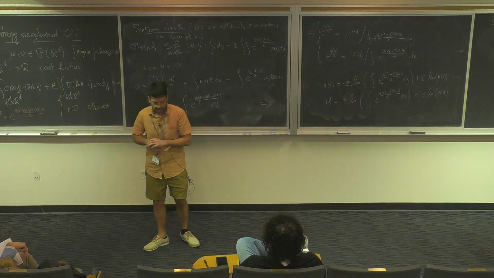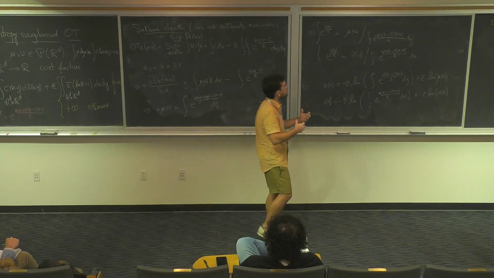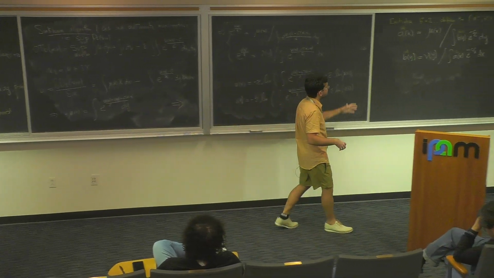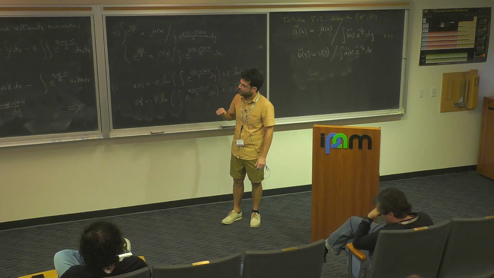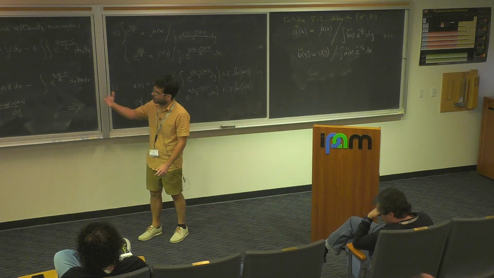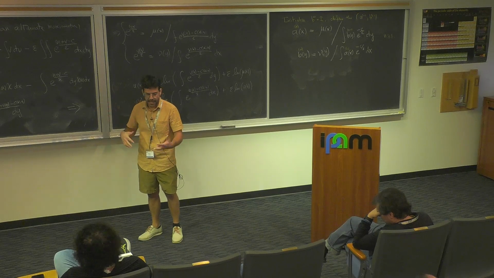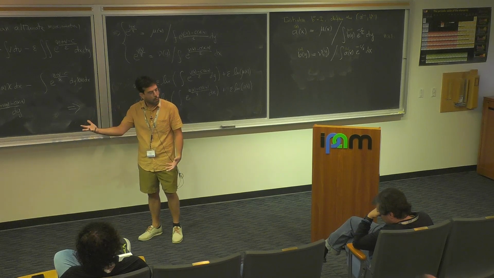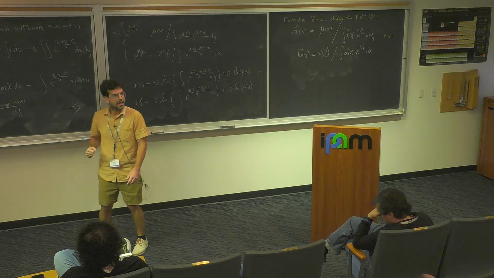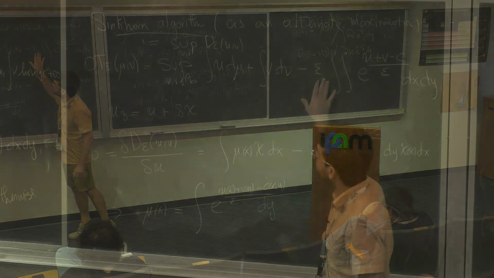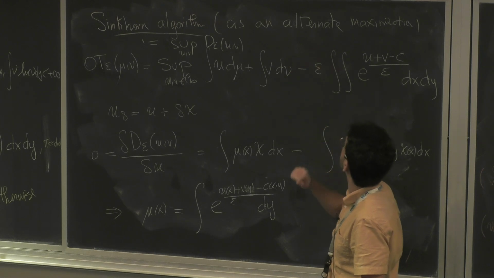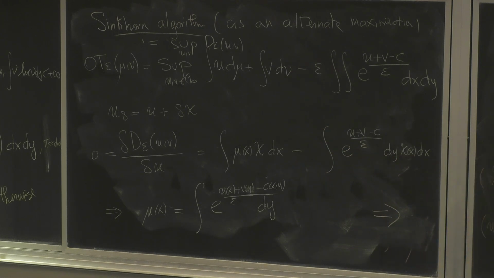Just to repeat, in the operator case there is an equivalent algorithm that is the generalization of the matrix scaling. But at least for us, it was not entirely obvious what is the relation between operator scaling and quantum optimal transport. Another way that you can look at the Sinkhorn algorithm is as an alternate maximization, which is a more natural way to go.